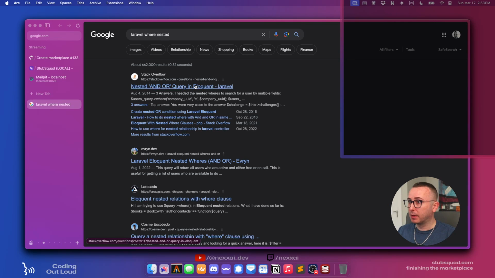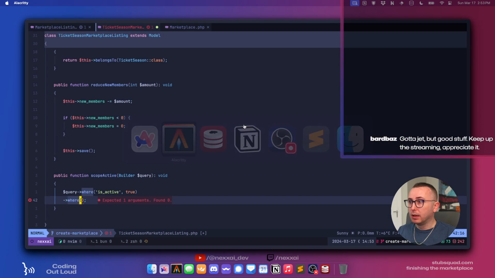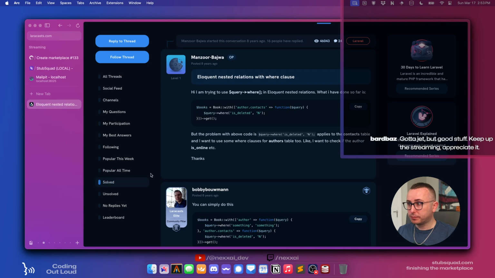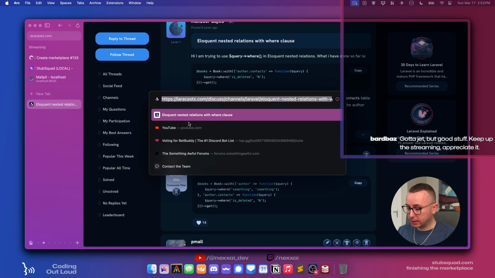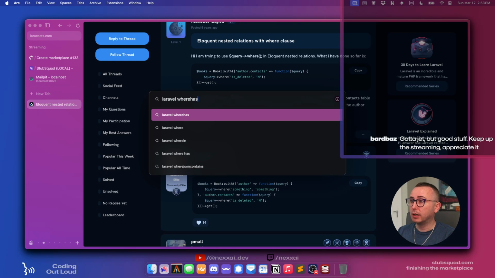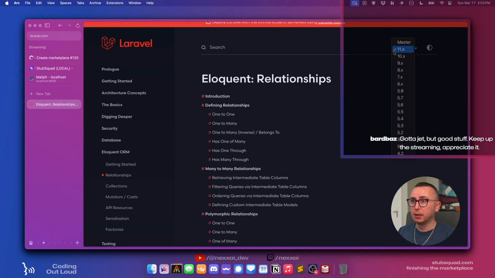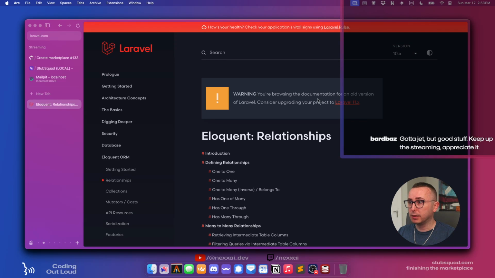Pardon me. Nested and/or query. I can never remember the context though. So query where. Actually, is there a Laravel whereHas, I think, for relationships? Let's just go to 10 because we're still on 10 here.